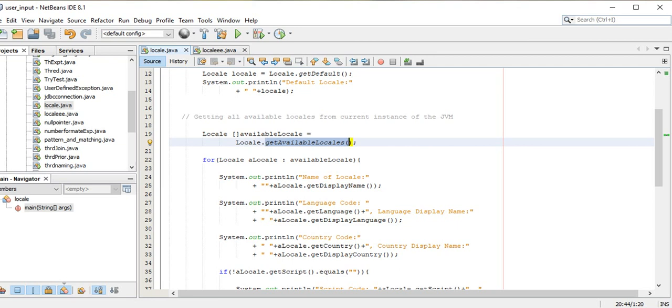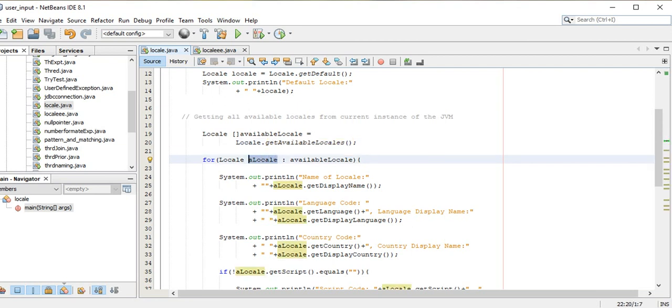Okay, whether we have got the currency, the name of that particular country, the language of that particular country, or the country code, we are just accessing it. So getAvailableLocales will give you the complete information of all available locales, and whatever we got, we are copying that value to a Locale variable.